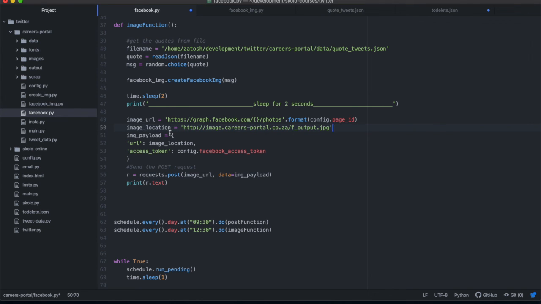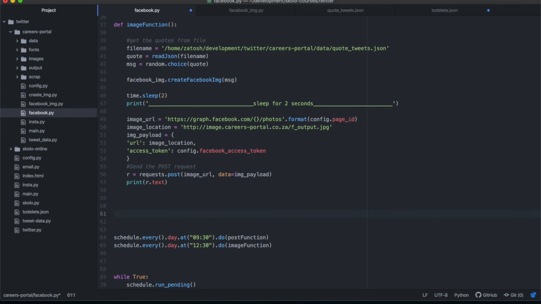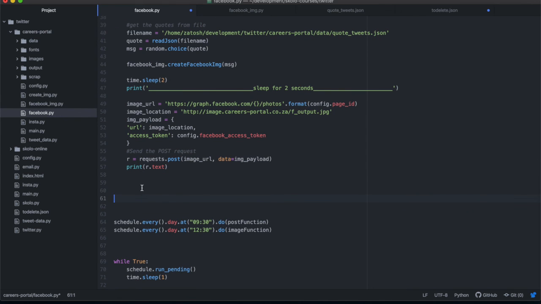Then the image payload that I need to send to Facebook is the URL, which is the image location, and the access token, which is my page access token, that long-lived page access token. And once I've done that, R is request post image URL. Then I'm going to enter the data, the IMG payload, and then print the result. And at the bottom here is the scheduling part of it. Before we get into the scheduling part,